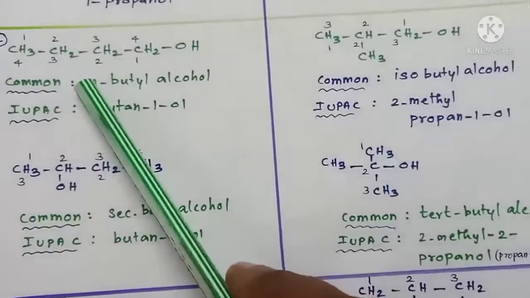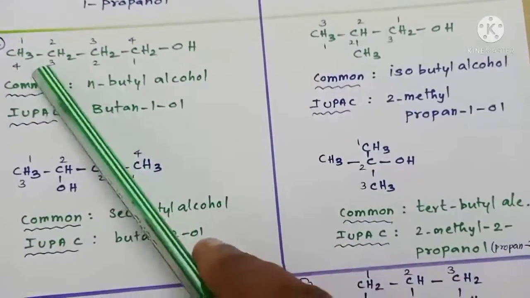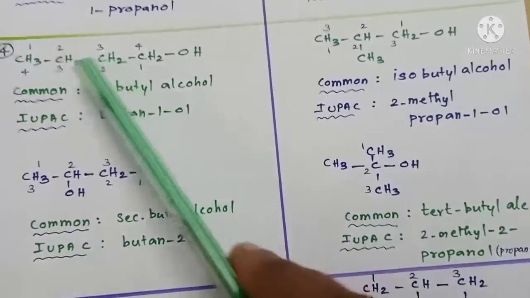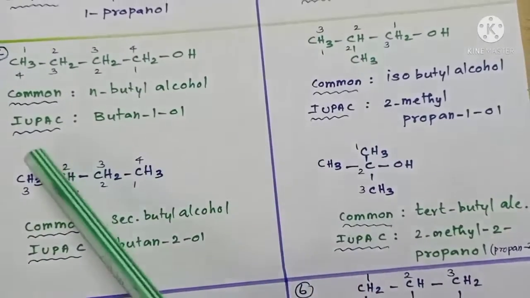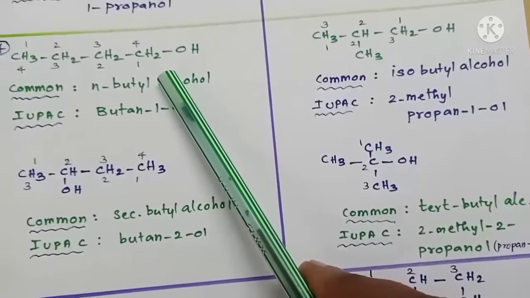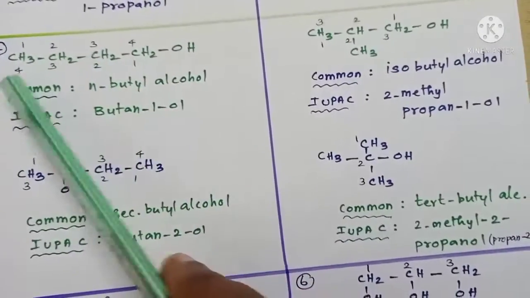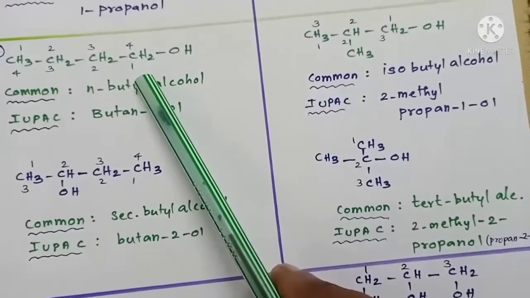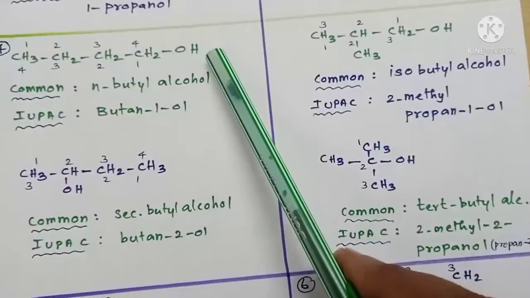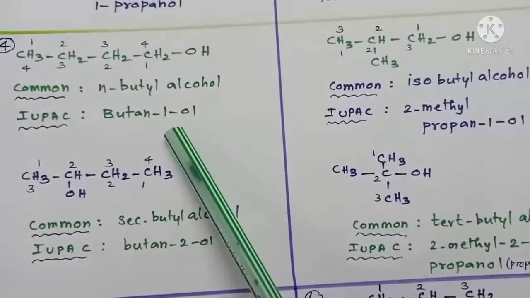Now the common name of this. It's a normal compound, isn't it? An unbranched compound with 4 carbon atoms, so the alkyl group is butyl. Unbranched, so n-butyl. So it can be called n-butyl alcohol. Now for the IUPAC name, we number the parent carbon chain. According to the least number rule, we move in a backward direction: 1, 2, 3, 4. So the alpha carbon is getting the least number 1, isn't it? So a 4 carbon compound with an OH group is butanol, with the OH group at the first carbon, so butan-1-ol.